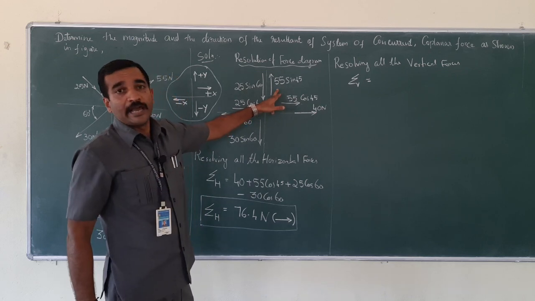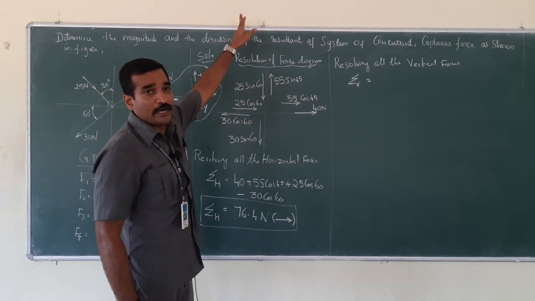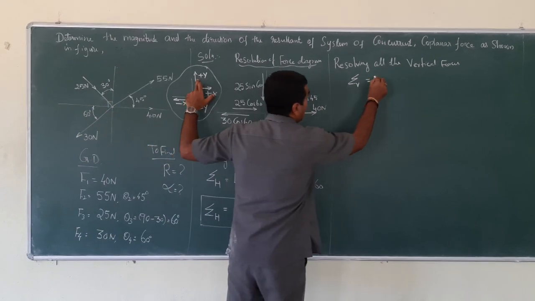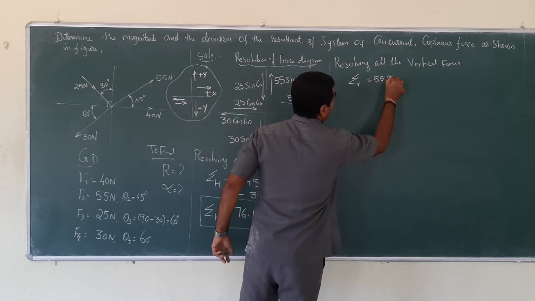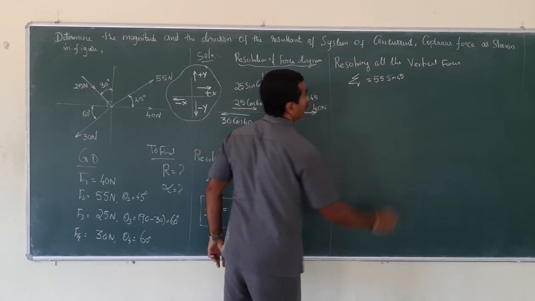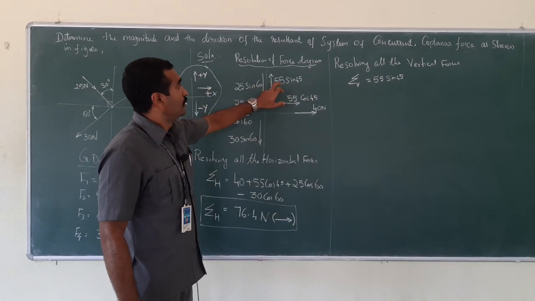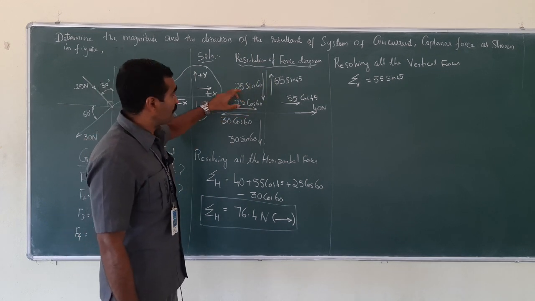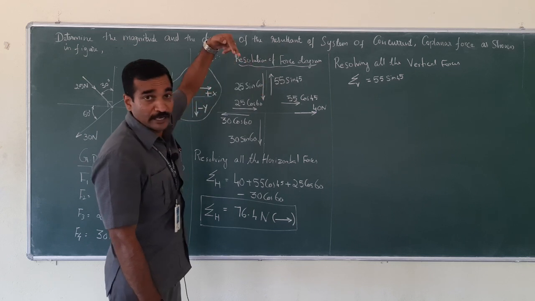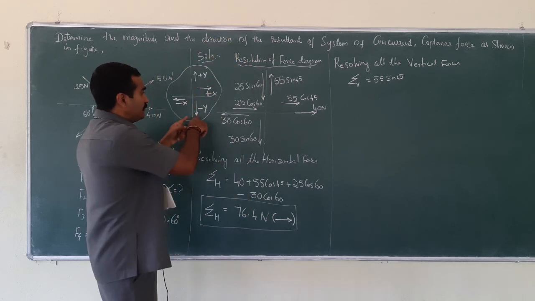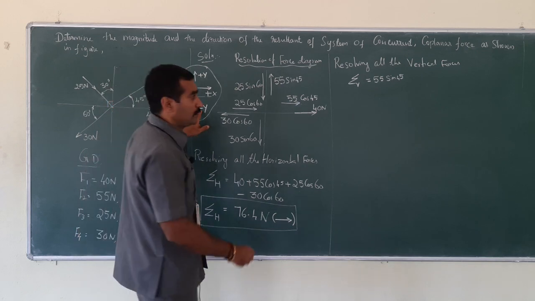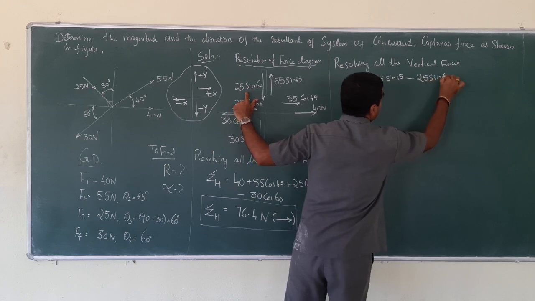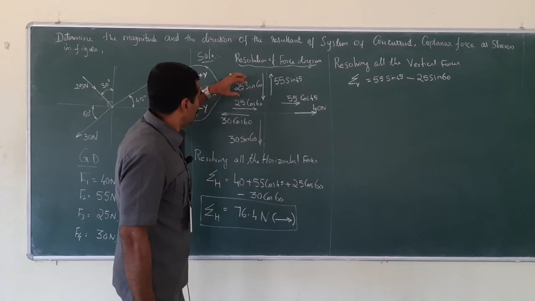Look at here. I have a force which is facing towards upwards. So towards upward means the positive sign. So I can mention this as 55 sin 45. So is there any vertical force in the first quadrant? No. Let me just move to the second quadrant, wherein I have a force of magnitude 25 sin 60. It is facing vertically downwards. If it is facing vertically downwards, it carries negative symbol. So minus 25 sin 60. So nothing is left out.